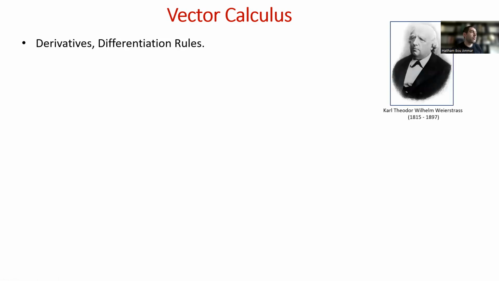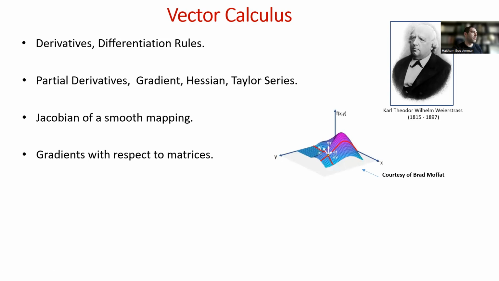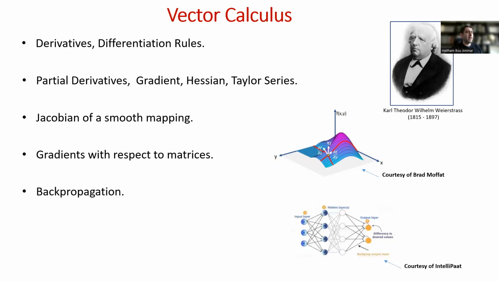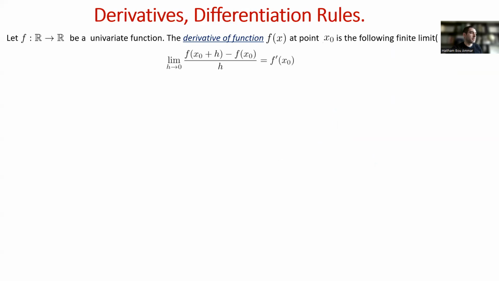derivatives and differential rules. Then we're going to consider the partial derivatives, specifically the extension of the univariate derivative case to the multivariate cases. We're going to talk about Jacobian gradients with respect to matrices, and then we'll consider the biggest application of all these operators in machine learning, and specifically the backpropagation procedure, which is commonly used in order to train neural networks. So let's start with the